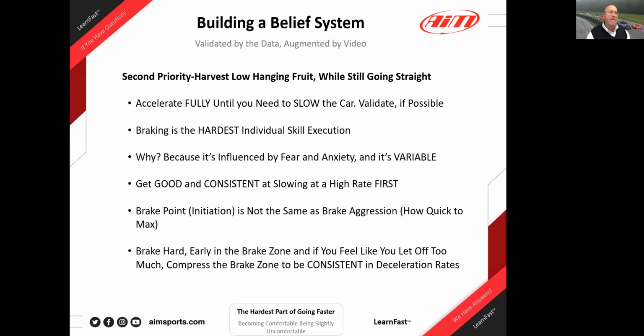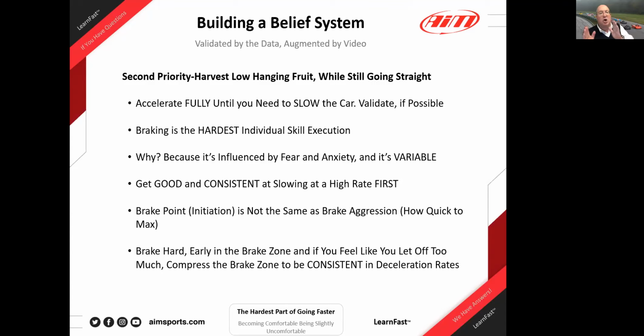And this is why, Matt, I'll tell you, I have difficulty with my colleague Dave saying, well, you just have to brake softer. No, what you can do is use a later brake point, but then you feed in brake aggression as quickly as you can to peak brake pressure as quickly as it takes not to upset the platform. That's all. Your goal is to compress the braking zone, especially in a straight line braking zone,